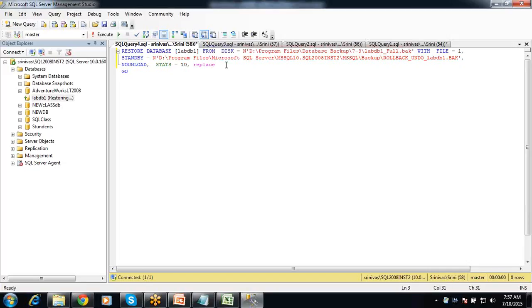So I use the option replace to override the existing database. See, the only thing I am specifying here is the standby file. That's for the rollback, undo, redo. So any undo and redo changes, any transactions that are there,